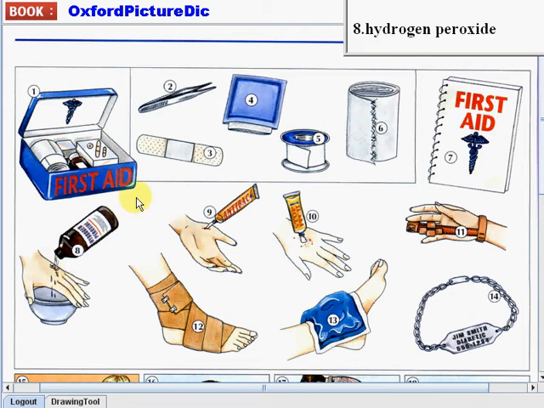That's very important. Next, we have the antibacterial ointment. And then we also have, in number 10,